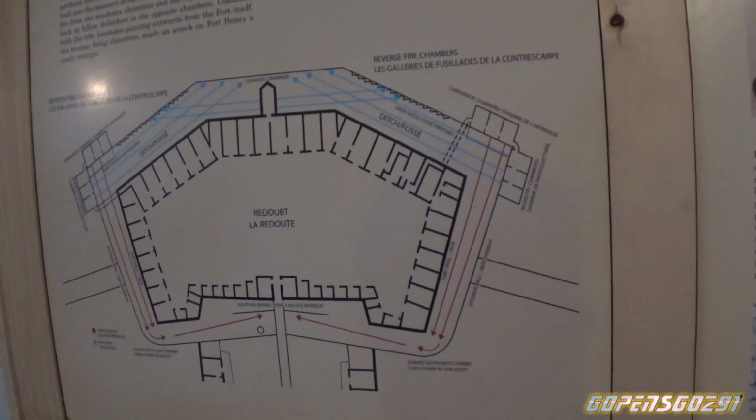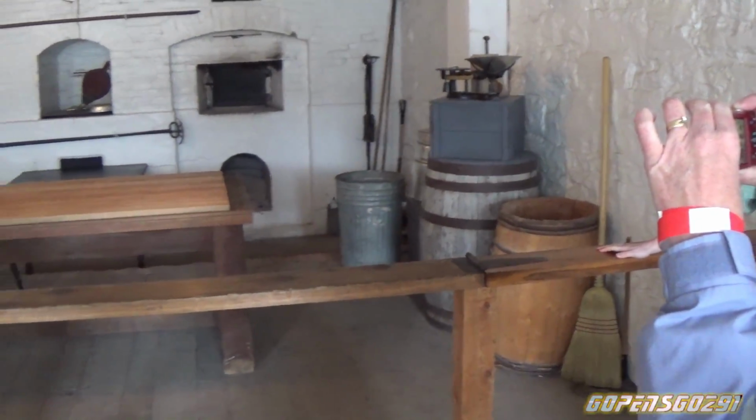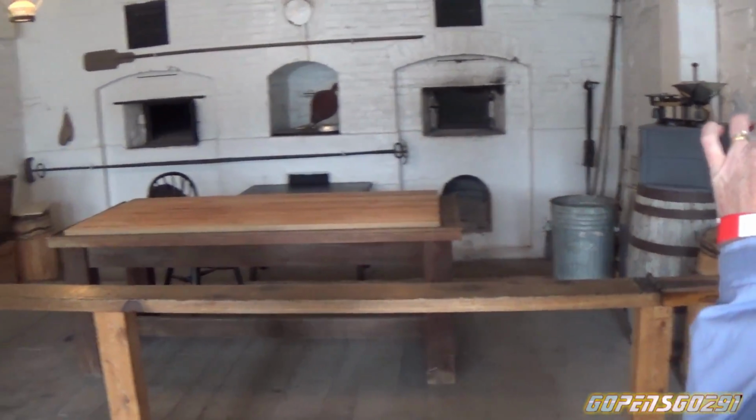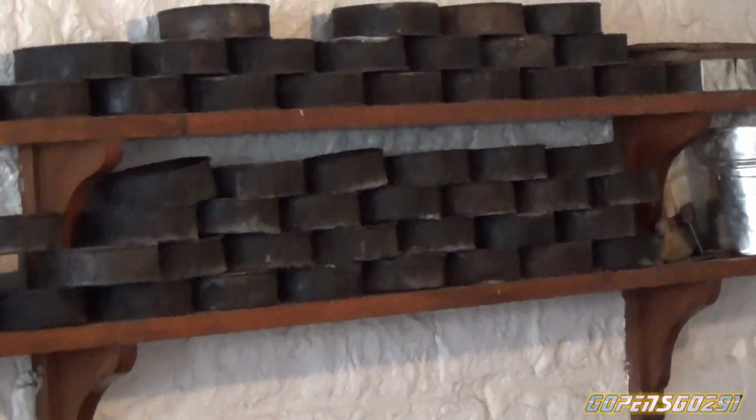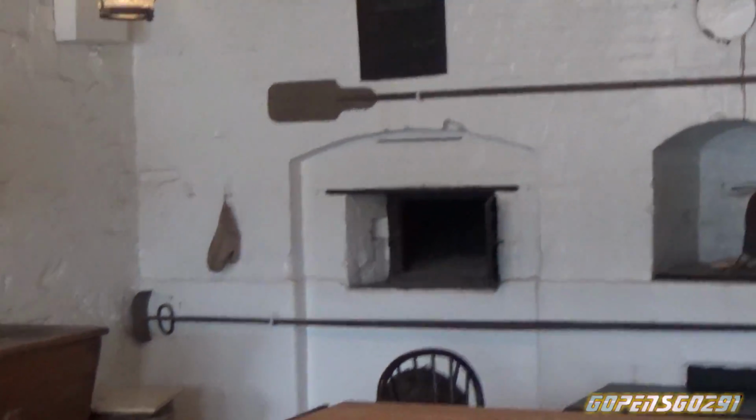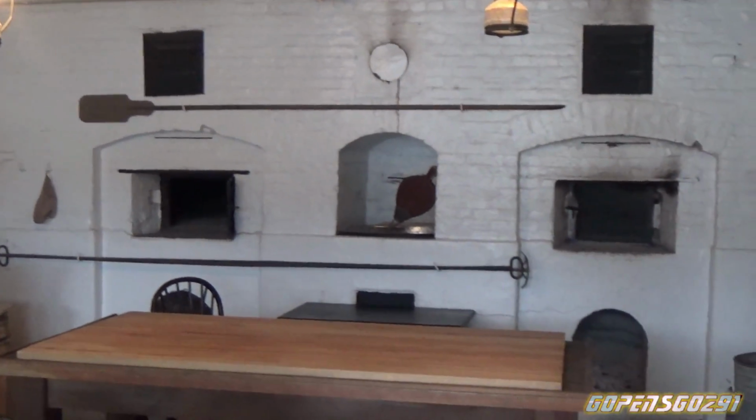Neat. First passed through our trades room, which is an area for the tradespeople here at the fort, being civilian and military. Civilian would have been someone like the baker, who we'll see now. Military is someone like